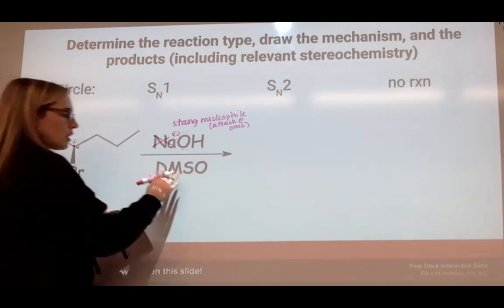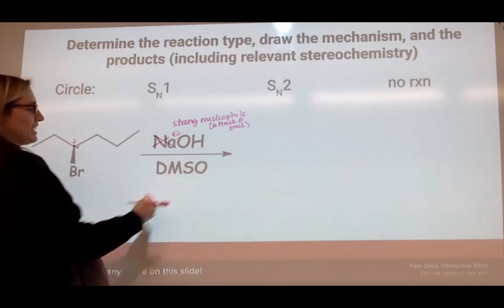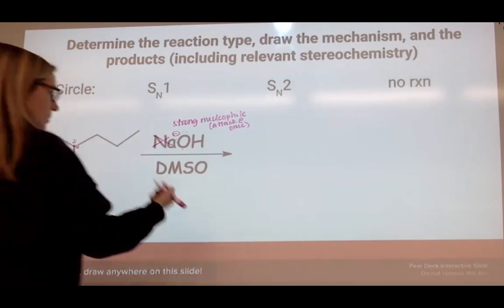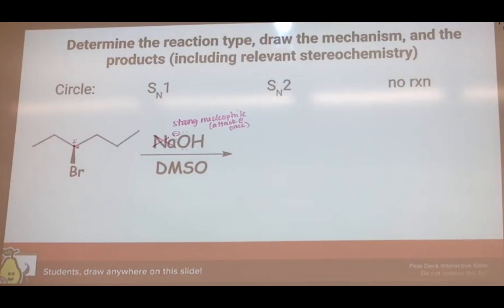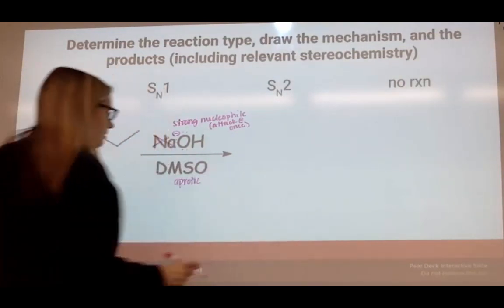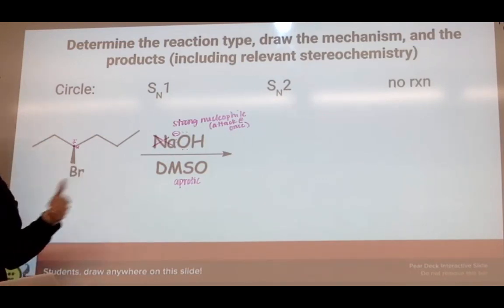Now we look at the type of solvent. The solvent is typically underneath the arrow if you have a nucleophile above. So DMSO, if you have a solvent that has an abbreviation, it's probably going to be aprotic. DMSO, THF, those are aprotic solvents. So I'm going to label this aprotic. So we have a secondary carbon, which could be SN1 or SN2, but then we have a strong nucleophile